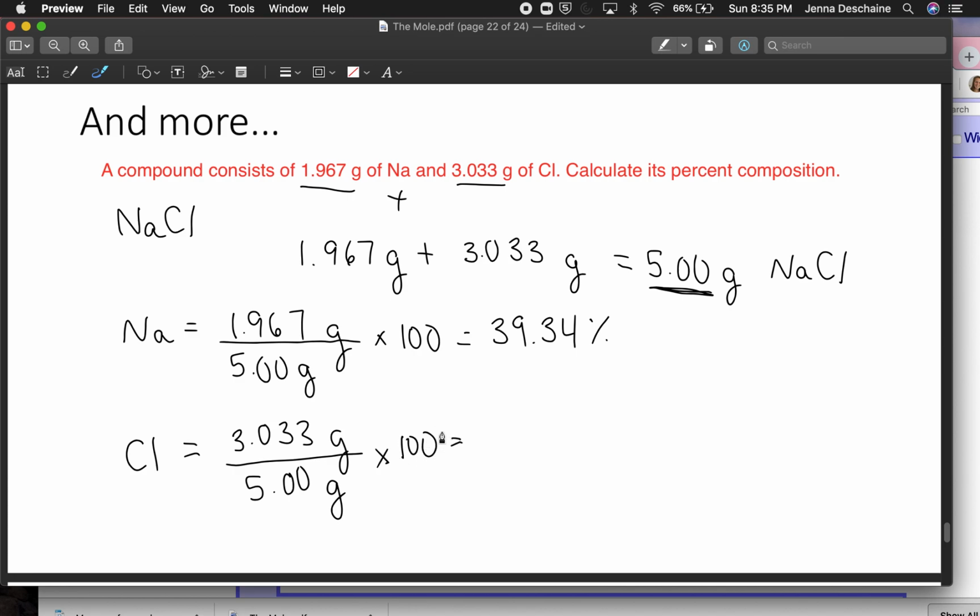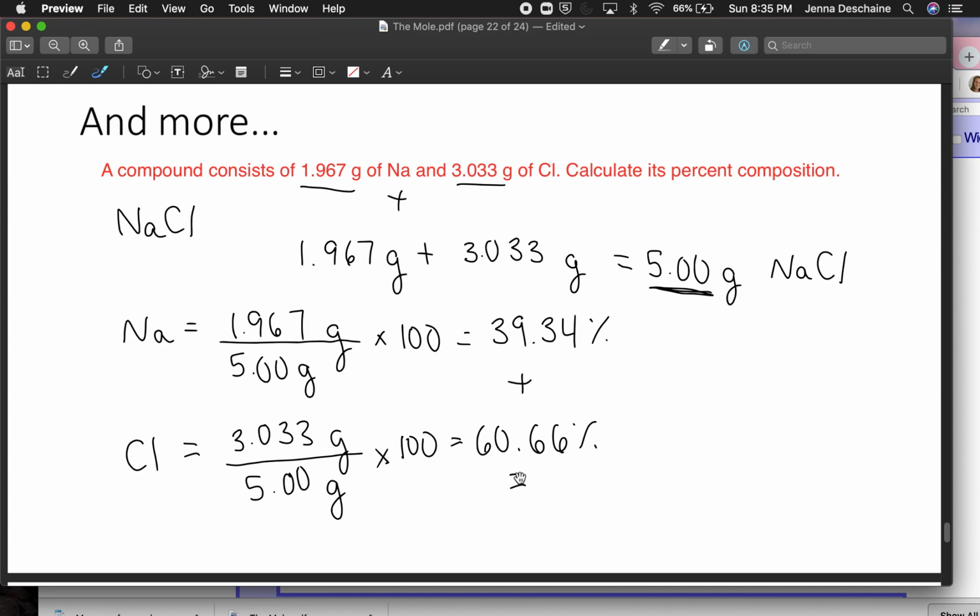Okay, so I'm going to do 3.033 divided by 5, multiply by 100, and I get 60.66%. Okay, so if I add those two values together really quick, just to double check myself, make sure it equals 100, 39.34 plus 60.66. Wait a second, I did that wrong. 39.34 plus